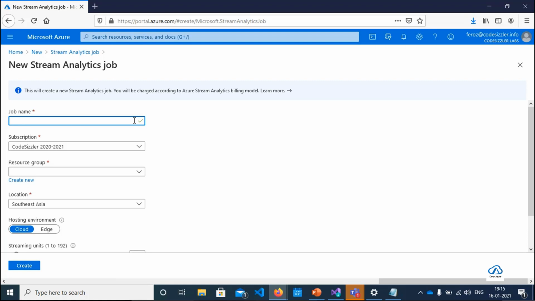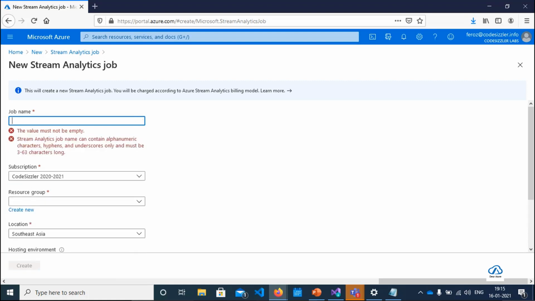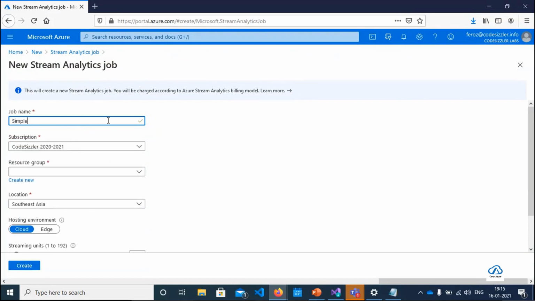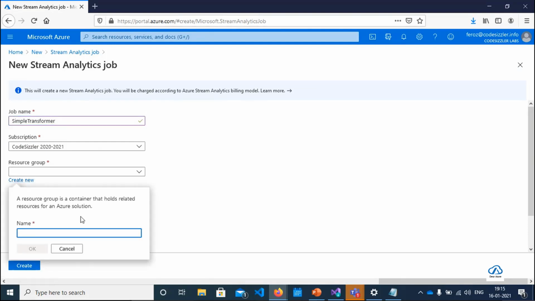I will give a name here. Let me name it simple transformer. And let me put in a resource group here. I'll say Dear Azure AI resource group.